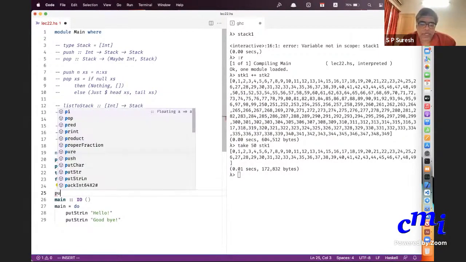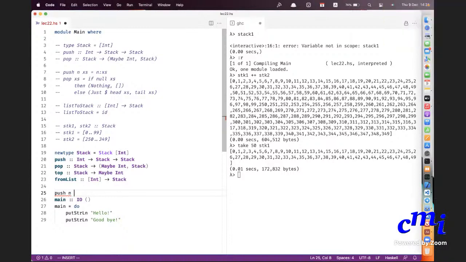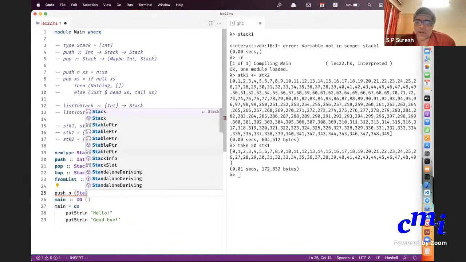Okay, let's look at the implementations. Push. I'll do pattern matching. N is the element I want to push. What does the stack look like now? What pattern should I go? Earlier I gave the pattern access, which was just a variable name that could stand for any list. Now what will be the pattern? Stack access, right? Because it's just like if you are working with a Maybe value, then the patterns are Nothing or Just x.